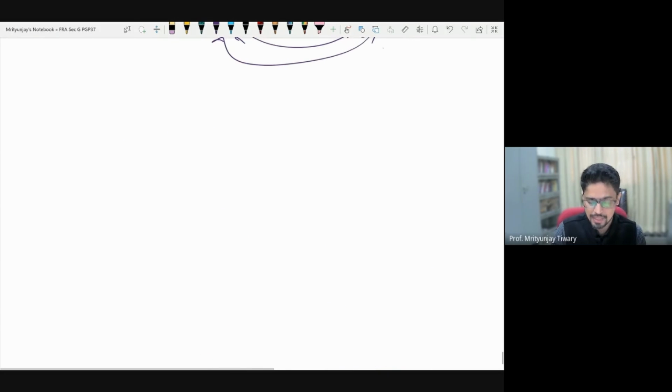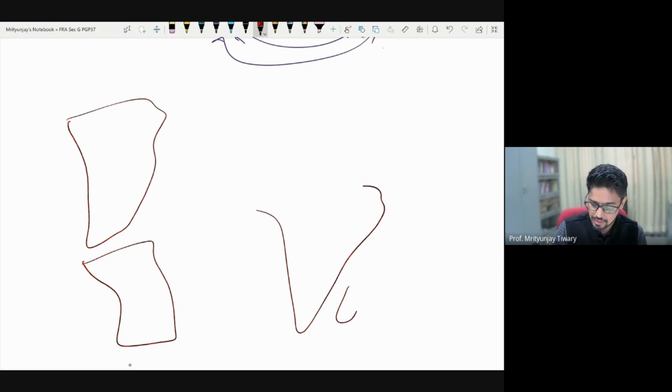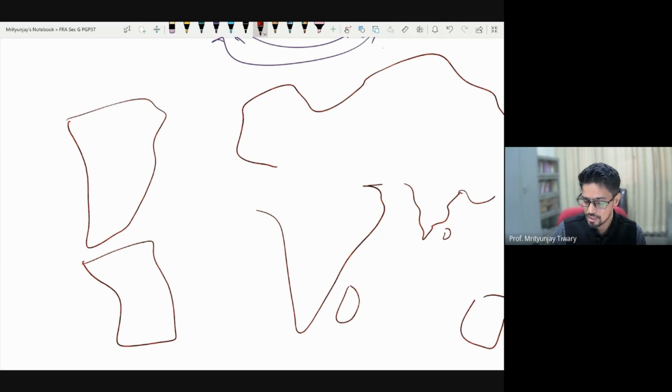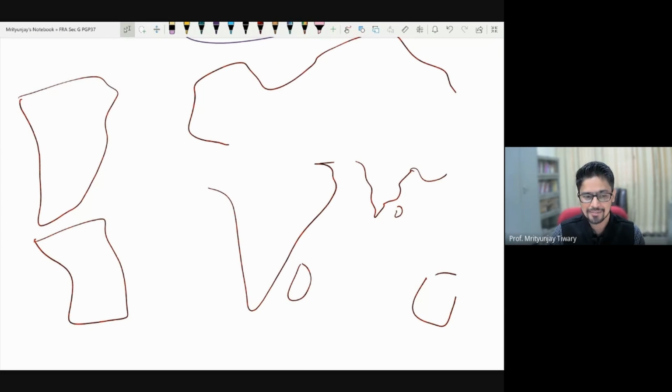So for example, you might have seen the map of the world, right? Let us say this is North America, this is South America, this is, let's say, Africa, this is Madagascar, and then India, it should be beautiful. And then Sri Lanka, and then Europe, and then everything in Australia. Okay. Have you seen the world map? You may not have seen it this neat, but you try to get the feeling.